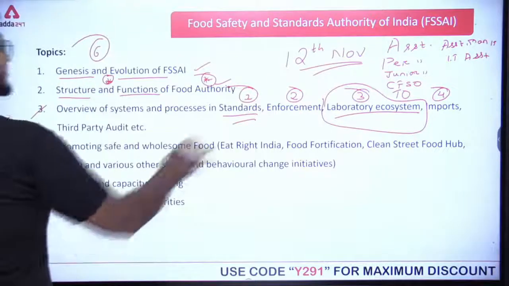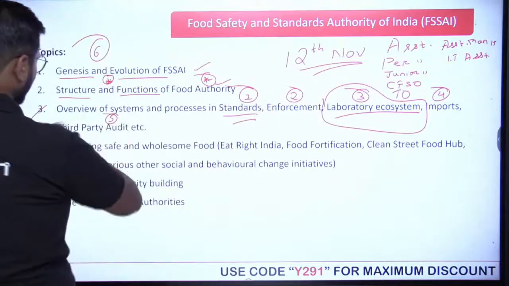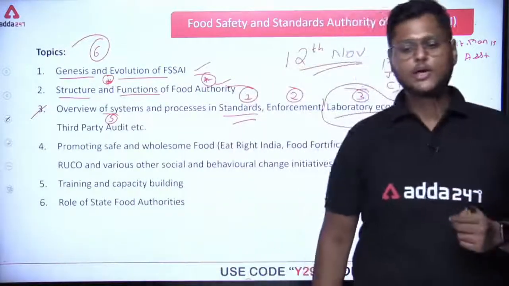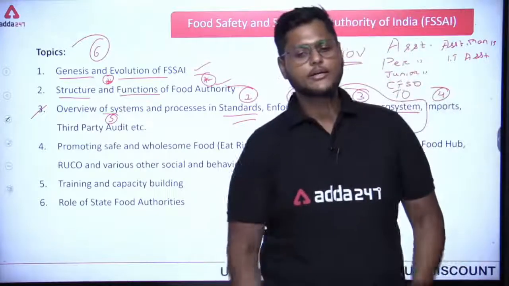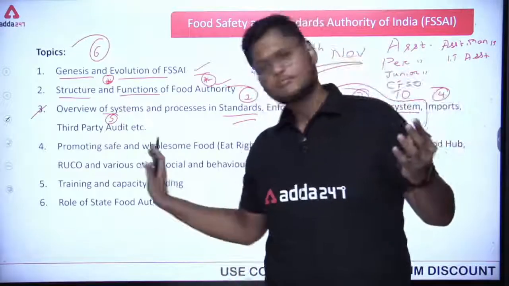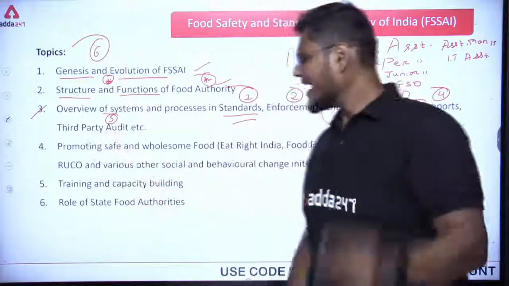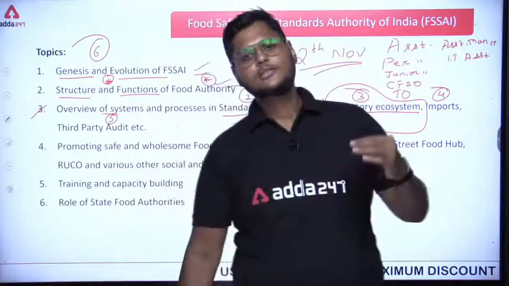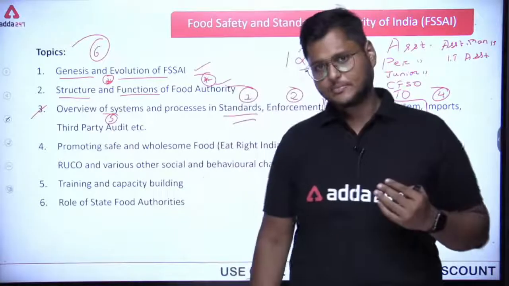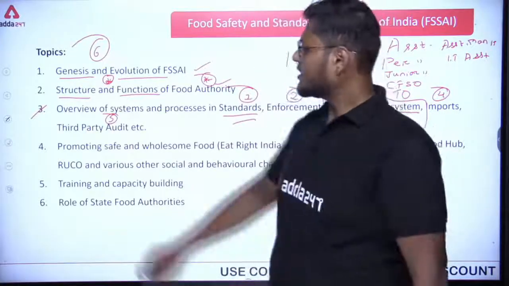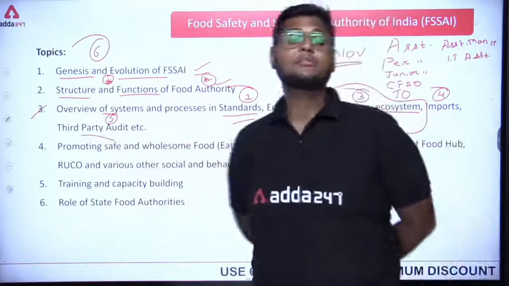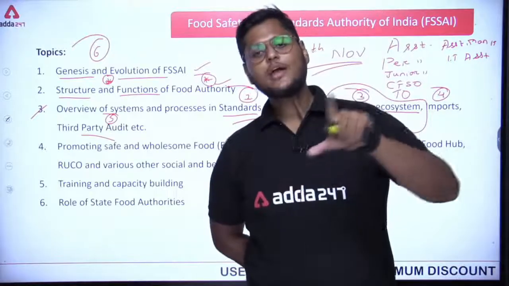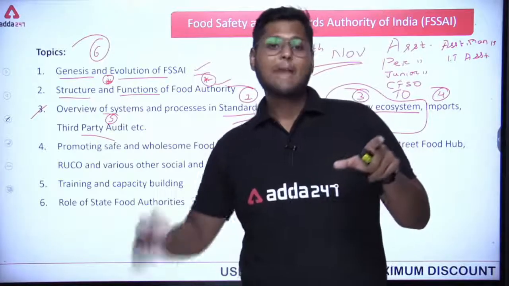And the last one here is third party audit. So what is the last point here? Third party audit. Now what exactly is auditing? You must have ideas, right? Auditing is to check something, to verify something based on certain set objectives, goals and principles. Similarly here, a third party audit can be done for a food business operator to check if the food business operator has everything in proper management or not.